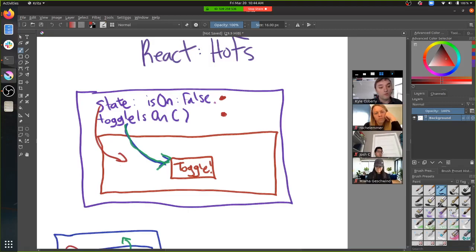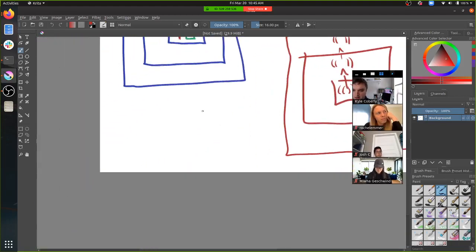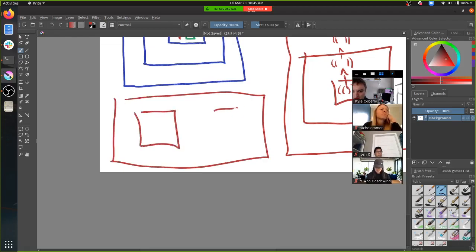Absolutely. And so what you can extrapolate from that is that if I have a component hierarchy that looks like that, and I'm using some state here and I need to change the state here, that means that both of those need to go up to the parent, because the function that changes state needs to be in the same place as the state.